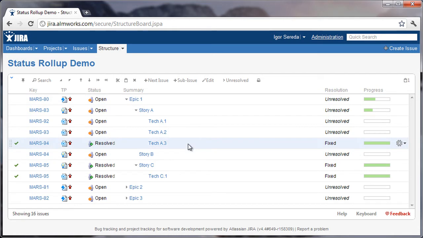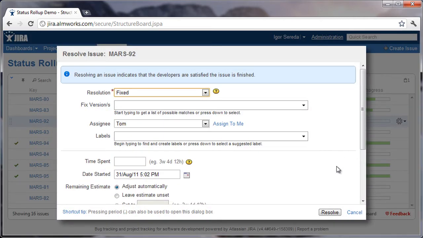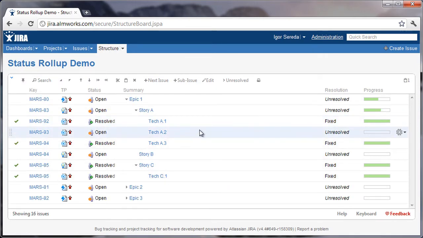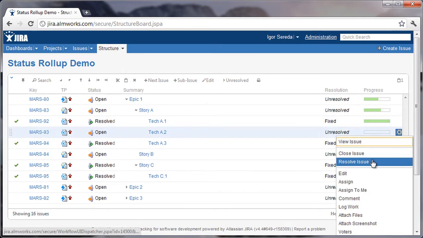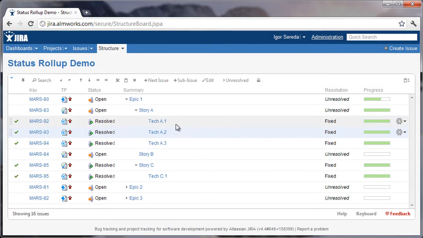So let's take a look at the story A. It has 3 subtasks, and one of them is resolved, and we will make 2 other subtasks resolved too. The synchronizer runs in background, so it will take a couple of seconds, and then there you go, story A